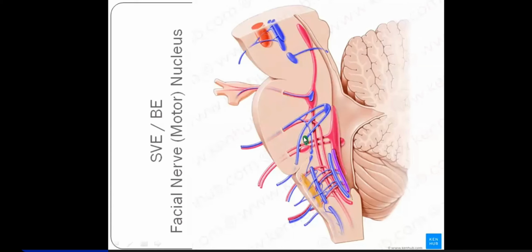So the facial nerve nucleus is the motor nucleus we are seeing here in the lower portion of the pons. Many times I've told you that the fibers move backwards and medially to cross the abducens nerve nucleus, then wind there to become close to the trigeminal nerve's superior sensory nucleus as well as the spinal nucleus. To get this approximation, this movement is neurobiotaxis, and while doing so it gives a bulge on the floor of the fourth ventricle called the facial colliculus.